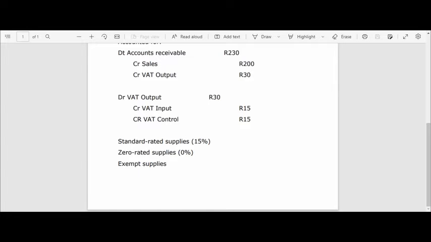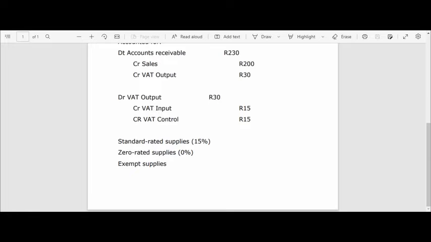Somebody can type for me there. I think you're worried that it's too obvious. You cannot believe how obvious it is, so you cannot believe that your answer can be correct. Sibusiso, before we take it to the VAT control account, where do we take it first? Like I say, you cannot believe how straightforward this is. You take it to the VAT output account,